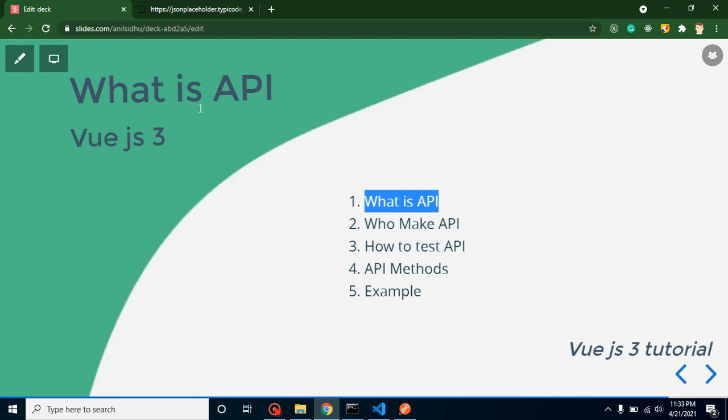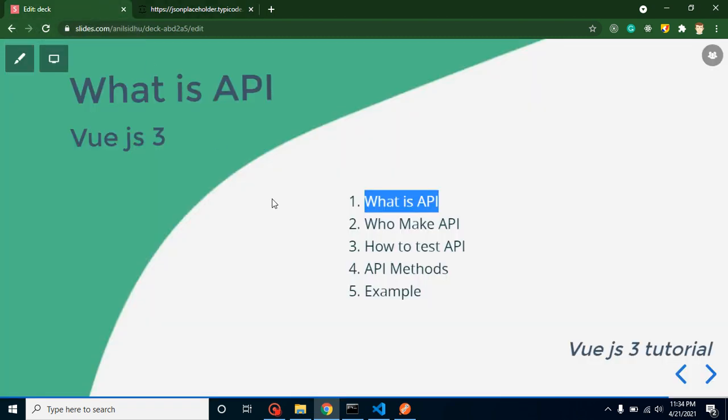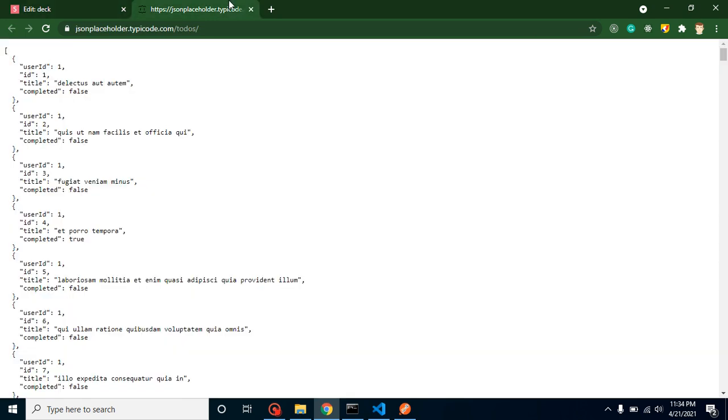So how does an API actually look? Here you can see this API is an example of a GET API. Now you may ask what is a GET API? APIs have different methods. So what are the methods and why do we use them? If we want to fetch data from the database or from an API, then we use GET APIs.